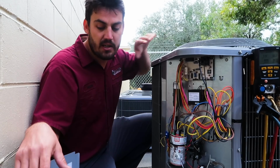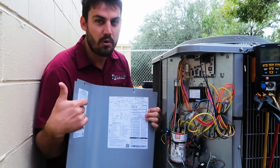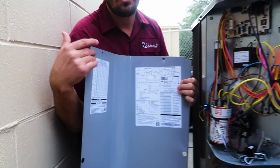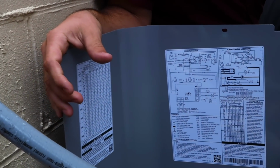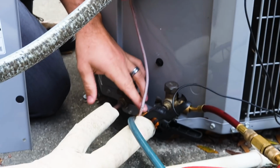This one was really nice because it had what we were looking for based on the tonnage and the indoor and outdoor conditions, what we were looking for on our discharge line, and then what we were looking for on our common suction line. So we're just gonna go over some differences on the Carrier equipment that we went over